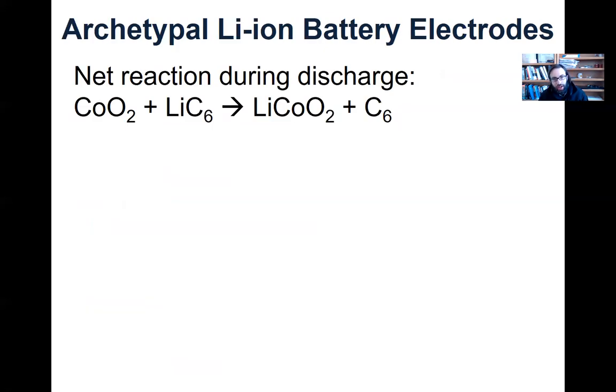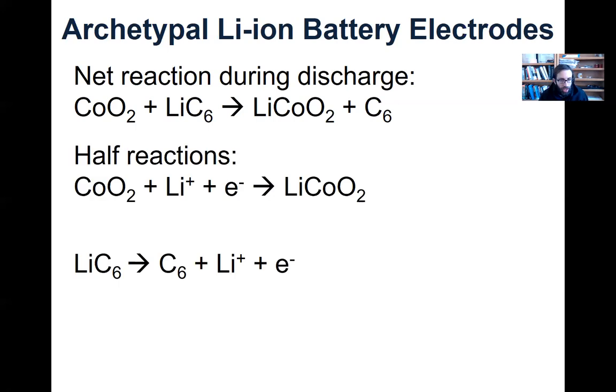All right, so if you think about a prototypical lithium ion battery, some of the early cathode materials still being used right now to a large extent are cobalt oxide, okay? The net reaction during discharge is cobalt oxide plus a lithiated graphite, graphite C6 but with lithium inside of it, goes to lithium cobalt oxide plus graphite. Remember, graphite is a bunch of sheets, okay? We abbreviate this as C6 because each little hexagon of graphite has 6 carbon atoms. So we can split this up into half reactions, okay?